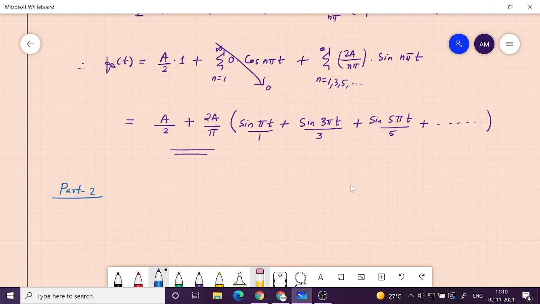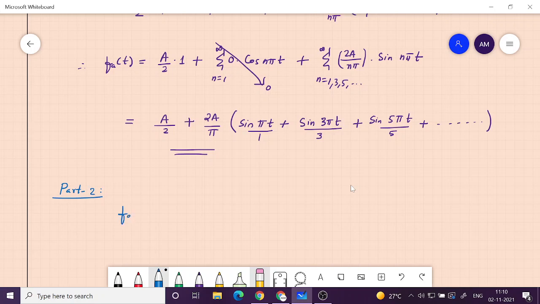Now part 2, we can apply a trick, and the trick is: Fourier series, whether it is trigonometric or exponential, they are basically equivalent. You can go from one to the other, and the way to go from one to the other,